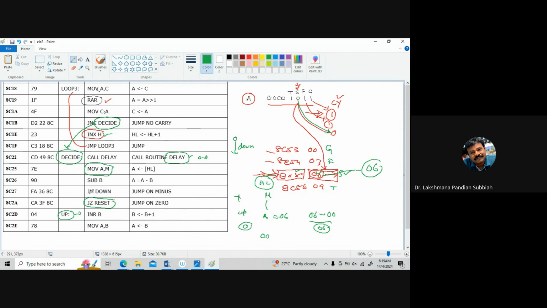So we are having now some down, right? So now what we have to do is increment B. So that one is 00 to 01. So next LED we have to close, right? So move B comma A. So that one we have to move. Then here,